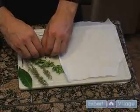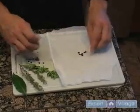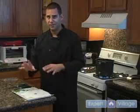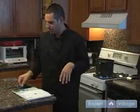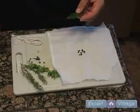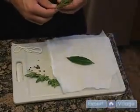So I've got some peppercorns here, and I'm going to put these guys in the middle. And we don't want to grind the pepper, obviously, because it would just seep through the bag and just float around and evaporate throughout the recipe, and it wouldn't do us any good. So I'll leave those peppercorns whole. I've got a bay leaf here. We'll put him there. And I've got some thyme,